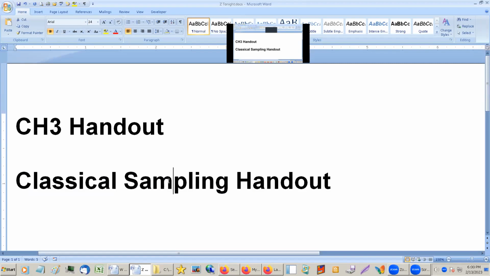The classical sampling handout, we made it most of the way through that. There is one thing I want to talk about really quickly. The only reason I'm bringing it up is that I noticed in some of the exams that it came up, not everybody, but some people, the question about why would someone need an audit report.